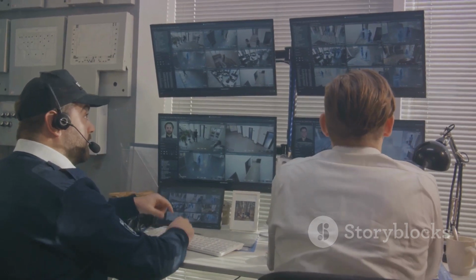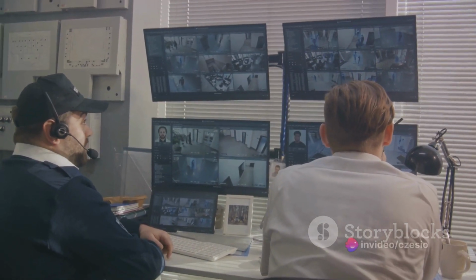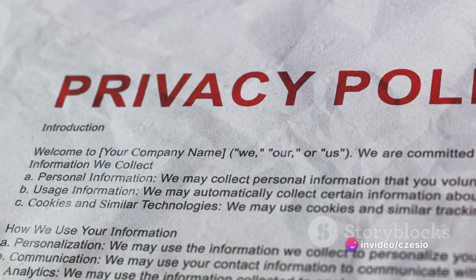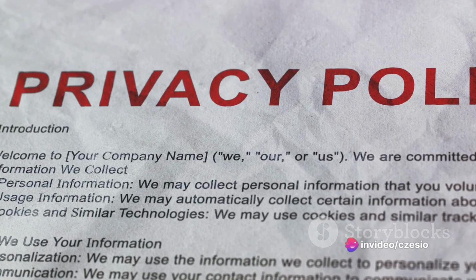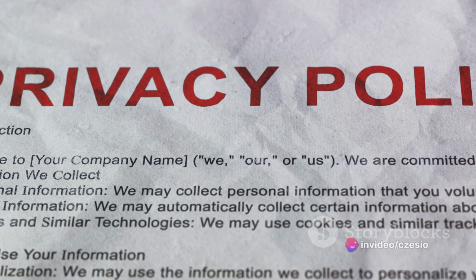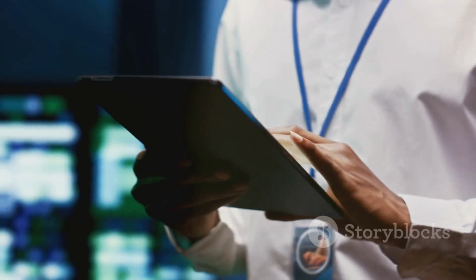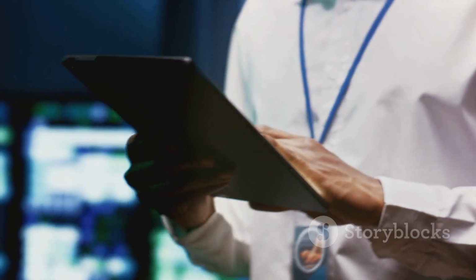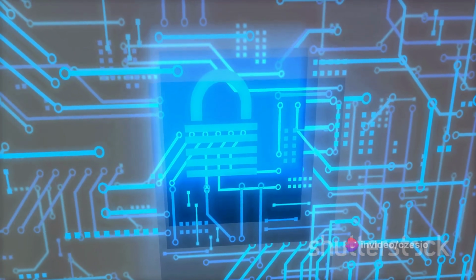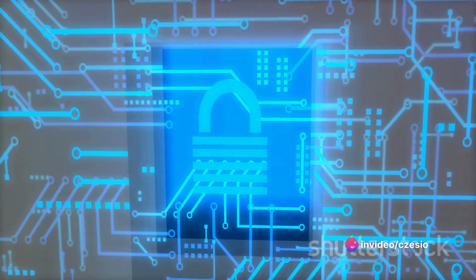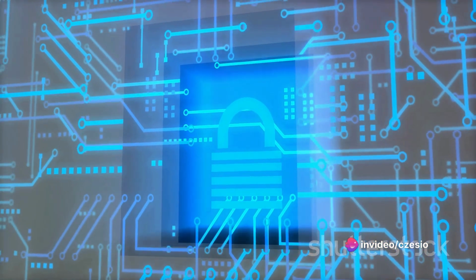The benefits of IAM go beyond just security. It also enhances compliance by ensuring that only those with the right permissions can access sensitive data. Plus, it boosts operational efficiency by streamlining access control processes. The importance of identity and access management in today's digital landscape is clear. It's not just an option, it's a necessity.